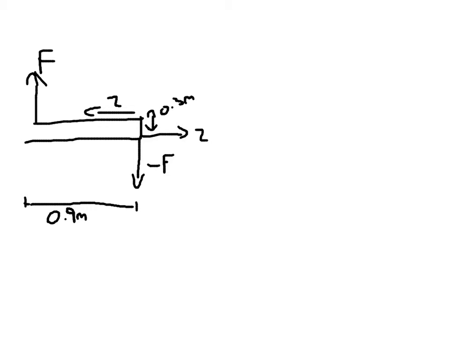So if we're calling anti-clockwise positive as its standard, the sum of our moments is equal to minus F, so I'm just going to choose this force here, times that by the distance between my two forces, which is 0.9 meters,